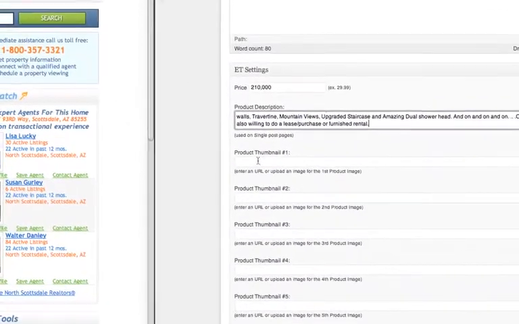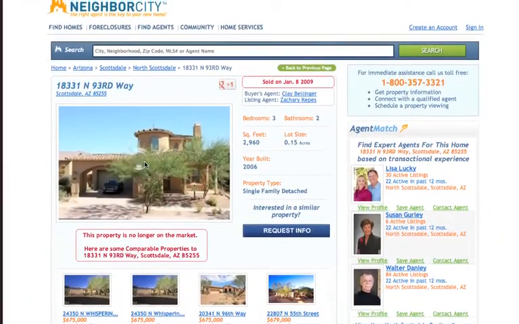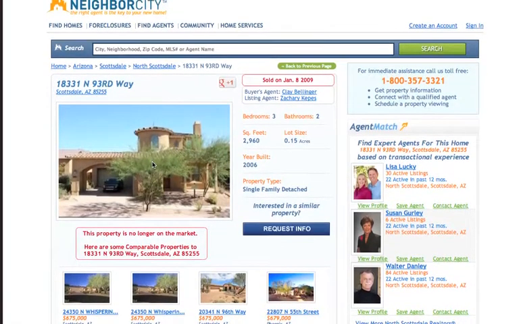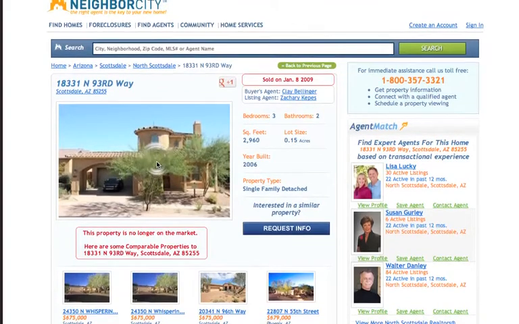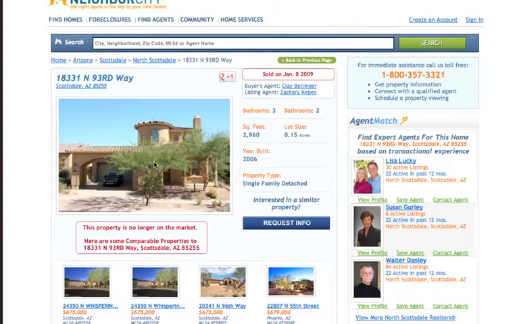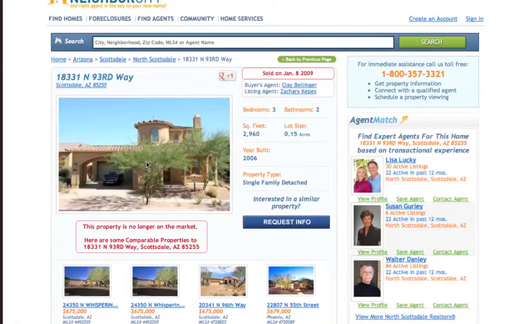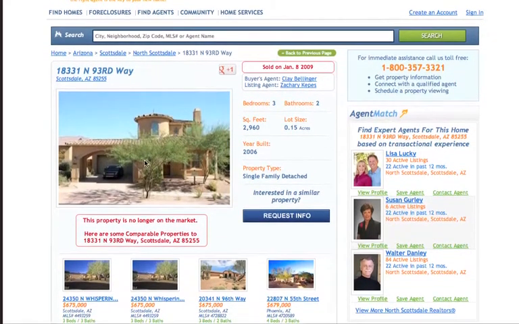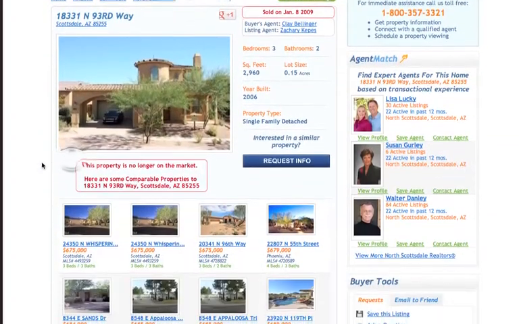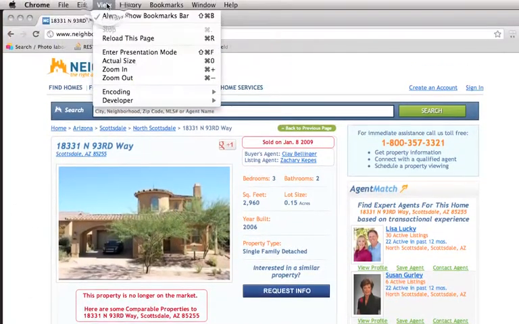And then the product thumbnail here, what we can do is simply go back over to your site here, copy this image from your website, and bring it into the system. Now with these, it's usually better to download them so that they can be reused. It's a lot better than using the URL in this particular case. I'm not sure if this particular site restricts their images or not, but I'm having a little bit of difficulty trying to